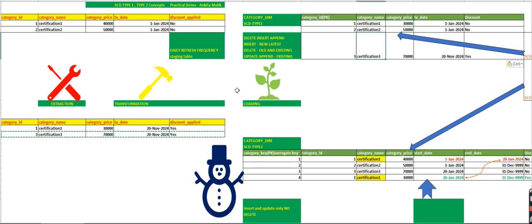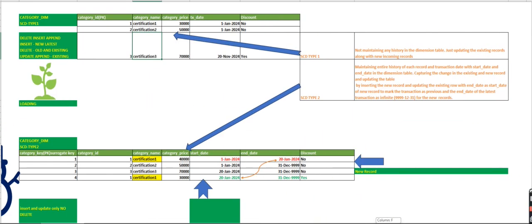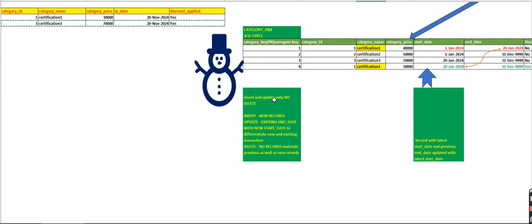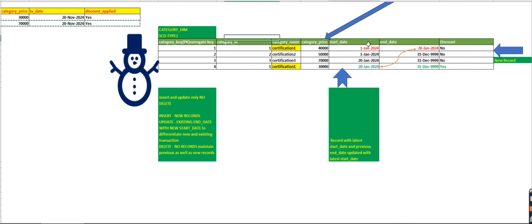Now when you talk about SCD 2, in SCD 2 what we generally do is we maintain the history records as well along with the new records. So what does it perform? It performs 3 operations: insert, update, but no delete. Okay, so what will it insert? It will insert new records, it will update the existing end date. So we'll add 2 more columns. When you talk about SCD type 2, we're going to have the column names of start date and end date along with the transaction date. If you want, you can keep it. Okay, so start date and end date. So start date will be the starting date or the transaction date of that particular transaction where it occurred in the first place, and then the end date would be the